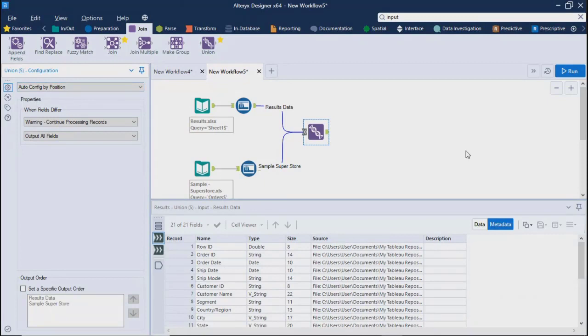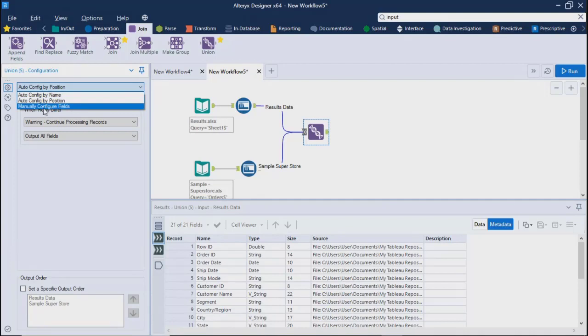So position will be the column position, like column 1 from result 1, column 2 from result 2, that will get union, right? But that is risky because neither you remember the name nor Alteryx will see the name. It will only look at the position and append the data.